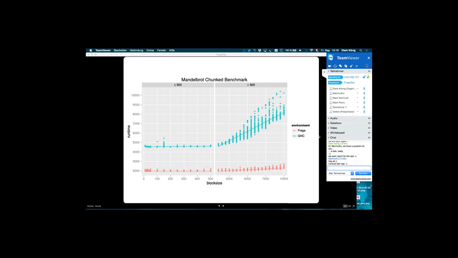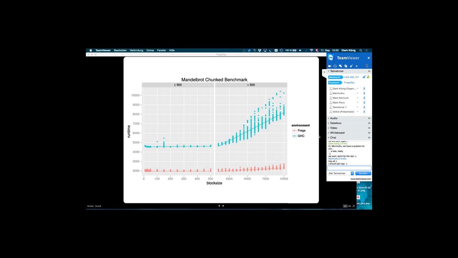I did also a blockwise calculation in parallel. You see the results here again. I call it chunk because in Frege there is a function on lists called chunk, and you get a chunk list. So with a block of 100 and the next block of 100, you get a list of lists of the block size. The runtime for block sizes less than 500 and above, because we have a slide.